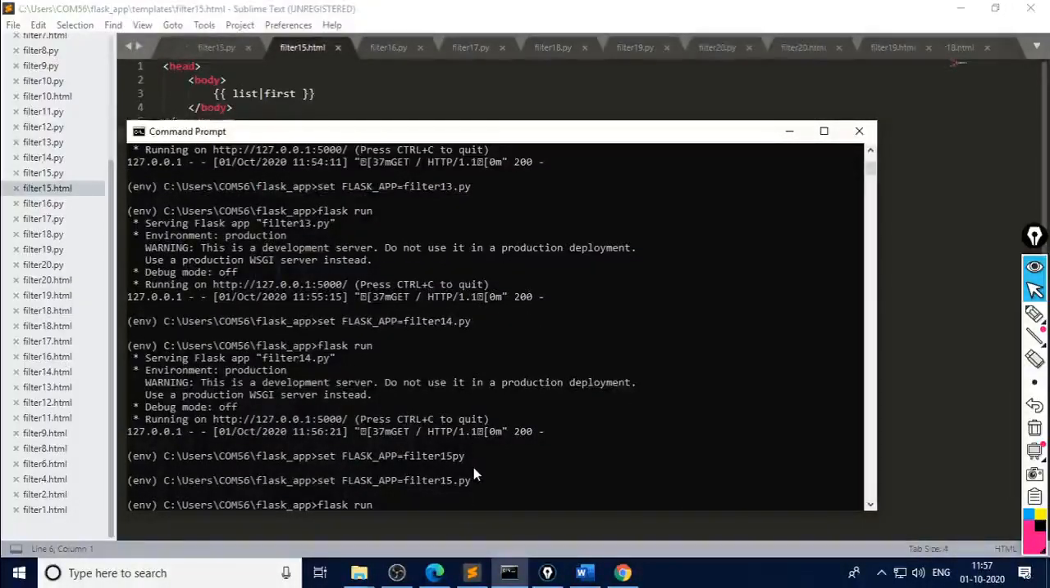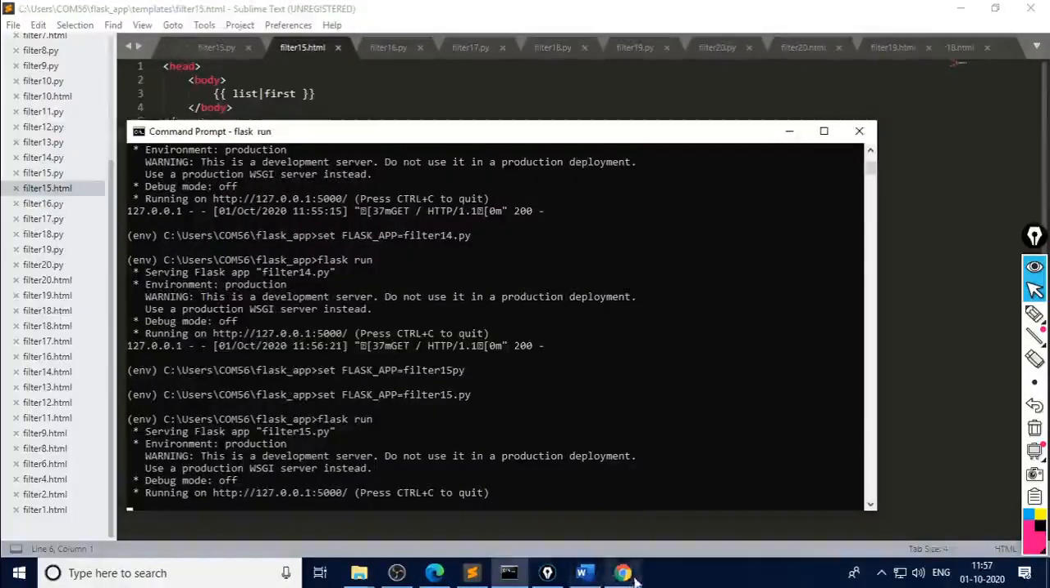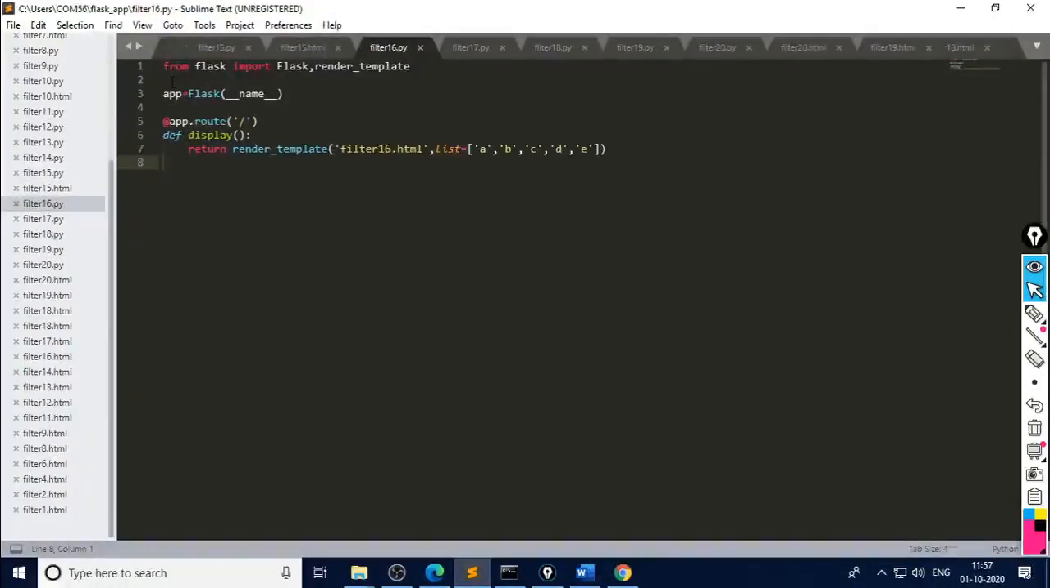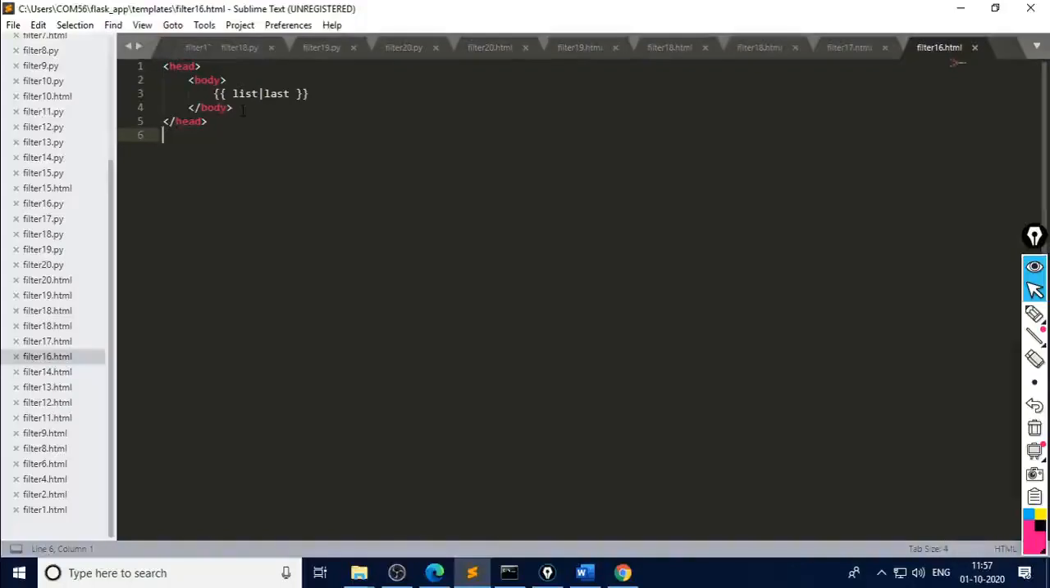Okay, run this one. So URL, execute this. It displays the first character from the list, that is small a. Okay, next, filter 16.py. Here again the list is given as input, and within this HTML file